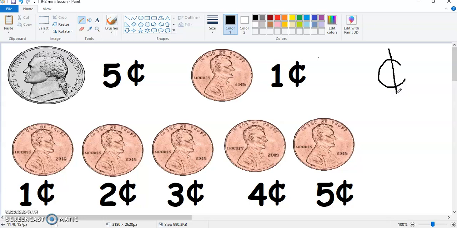Now, my friends, a penny is worth 1 cent. A nickel is worth 5 cents. Now, we want to think about these kind of like tally marks. So we know that 1 cent, that's 1 tally mark. 5 cents,